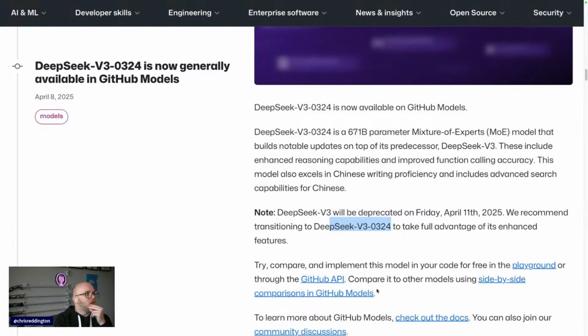So if you've been experimenting with models, or even if you haven't actually, a few weeks ago we did a little bit of a walkthrough of GitHub Models, what it is, and why you should care, why you'd be interested.